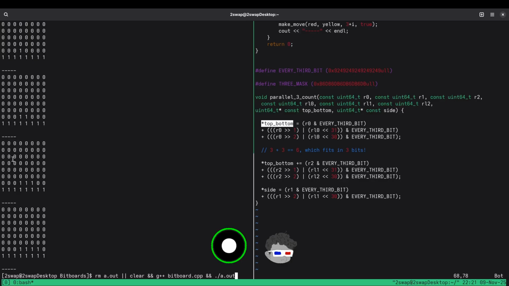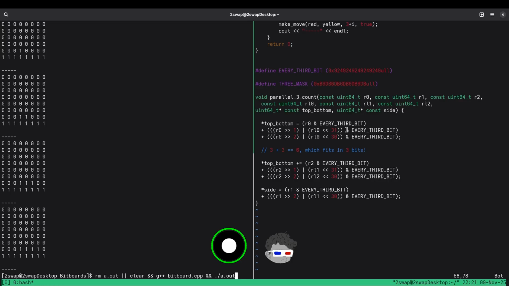A strip of 3-bit sums. Where does the strip exist? So we're basically turning each, what am I trying to say here? R0 and every 3rd bit plus